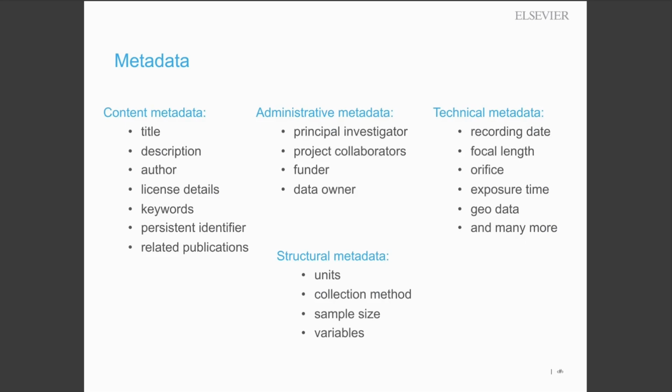Here we see different categories of metadata. So we have, for example, the content metadata, like title, description, the author, the license details, so all the information that is crucial for citation of data. Then we have the administrative metadata that gives more context about the project you're working on. The technical metadata that are added mostly automatically when we use different devices, like the recording date or focal length, etc. And then we have the structural metadata that gives more insights about the units, collection methods, sample size, or